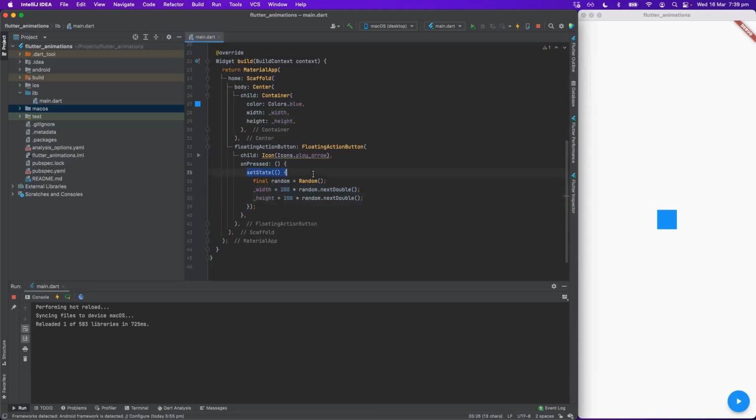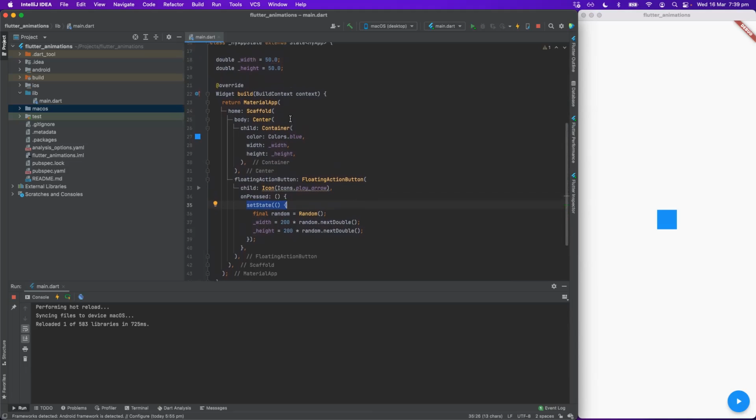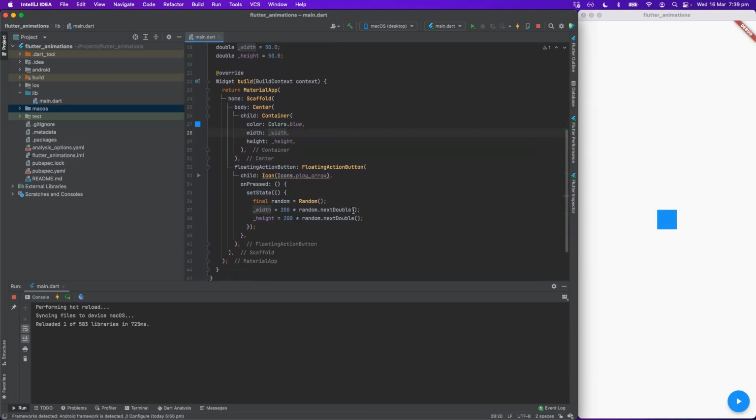And because of this setState, the whole widget is told that, hey, there are new values for you. You should rebuild your whole tree with those new values. So it's going to go again through the whole tree, rebuild every widget, and rebuild this container with these new values. This is a little bit different approach. And you can see that it is now rebuilt.